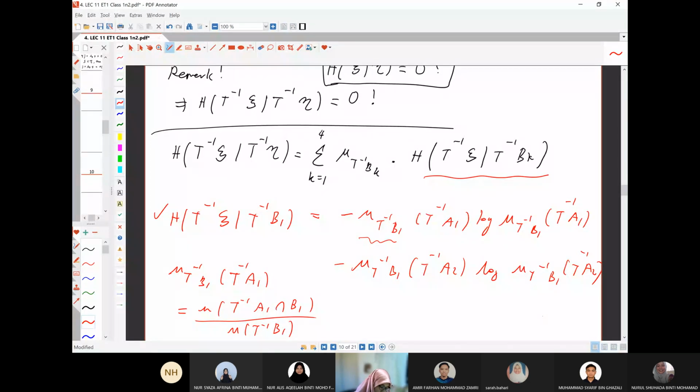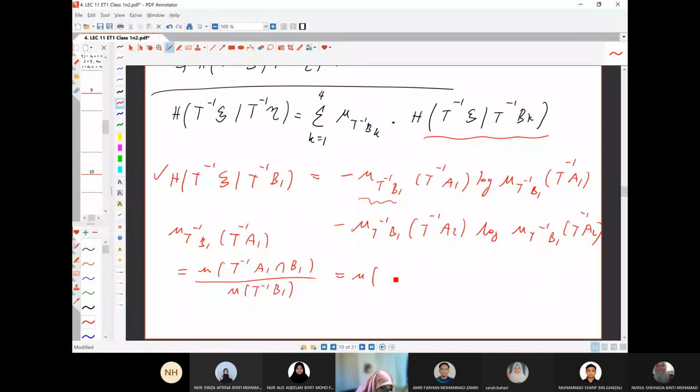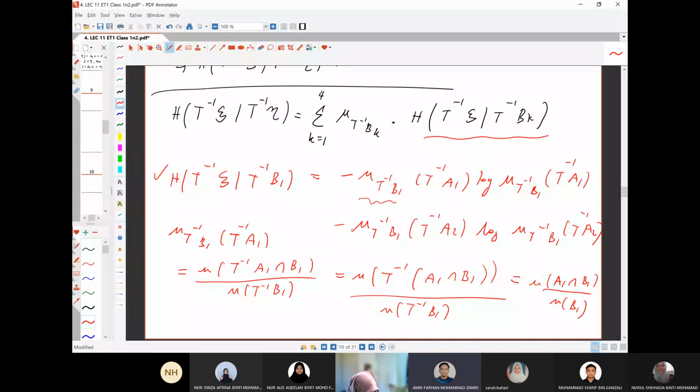Okay. So since T is a measure preserving transformation, I have measure of T inverse. So you can use the inverse punya properties. So I have A1 intersect B1 over measure of T inverse B1. And since they are measure preserving, they are actually the same lah. The measure of the inverse will be the same as the measure of A1 intersect B1 over mu B1. Okay. Boleh? Boleh. Okay, so you can find